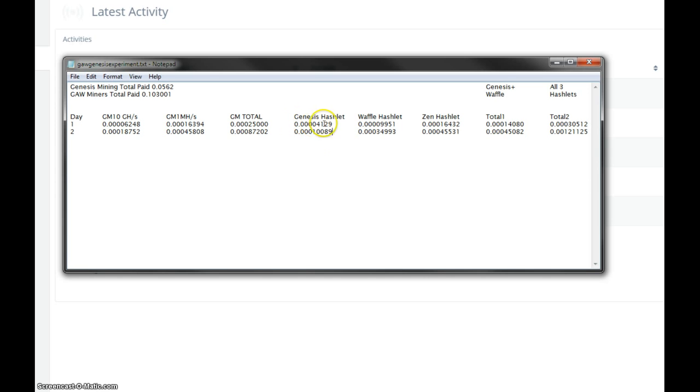All of these 6 figures are all the payments I've had with Zen, with the Hashlets over the last 2 days. Okay, now if you added up all of those figures, you come to this: